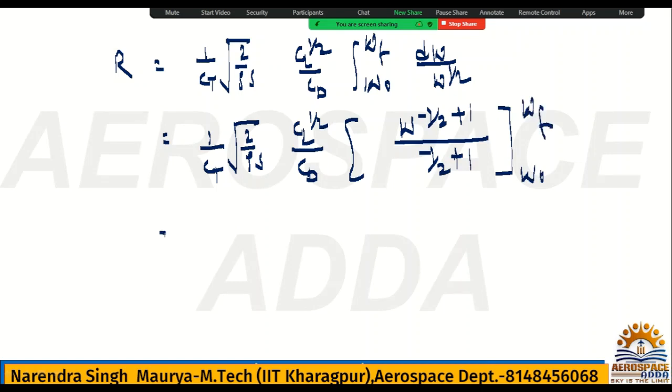Check. So minus 2, 1 by 2, minus 1 by 2 plus 1, this value will be 1 by 2, no? So the 2 will come outside, I mean, the numerator 2 will come, so it will be 2 upon CT,